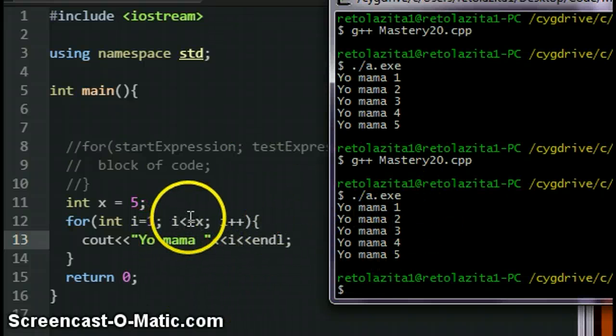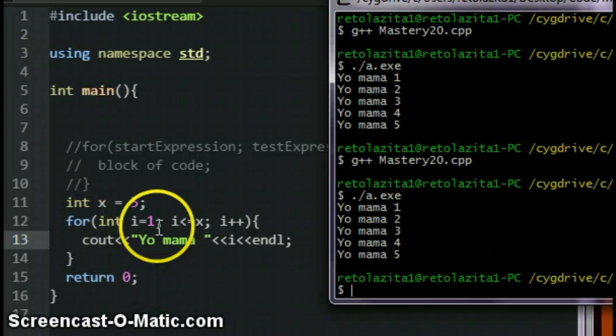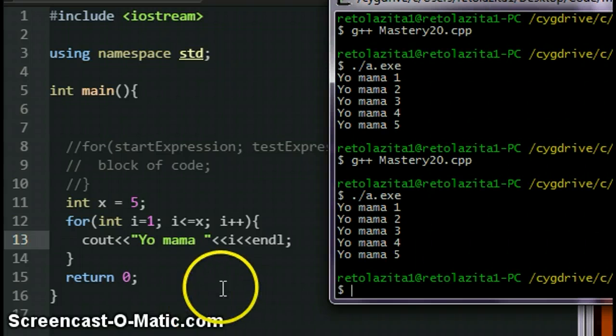5 is lower than or equal to x? Yes, "yo mama 5". Let's go back to make i 6. 6 is lower than or equal to 5? No. Alright, skip this, the for ended, and it just goes on with the rest of the code. So this is like the basic format of a for. Hope you guys enjoyed this video, and this is a quick tutorial on how to use